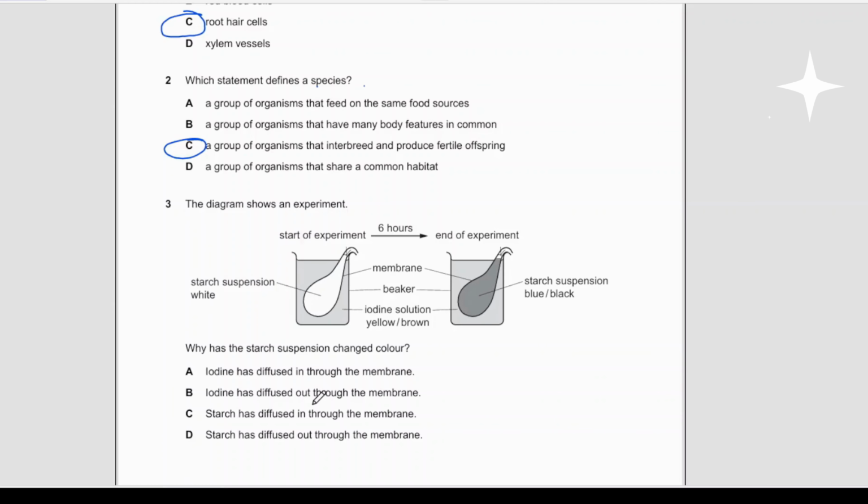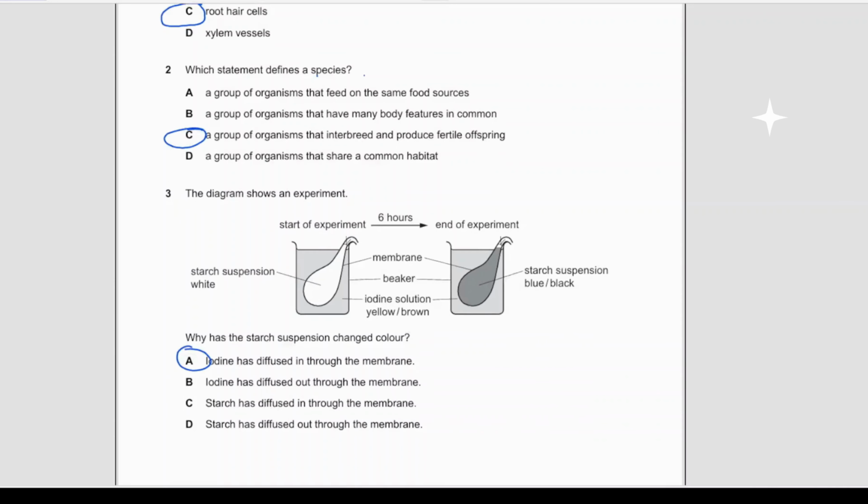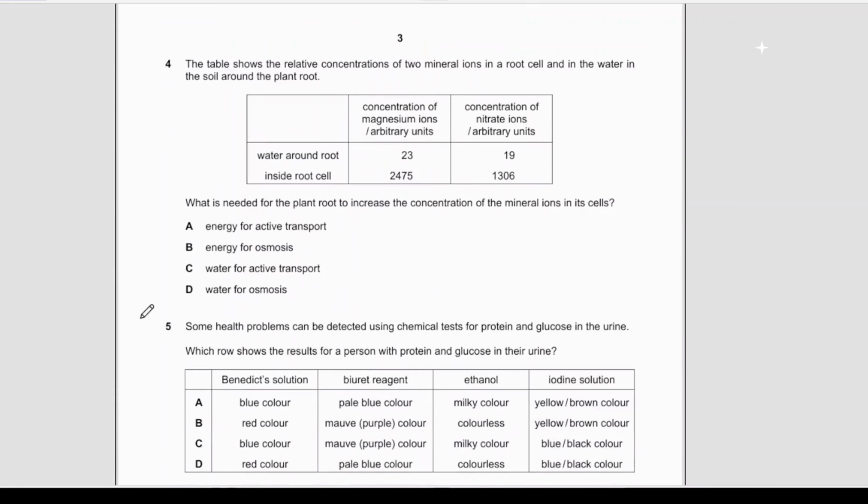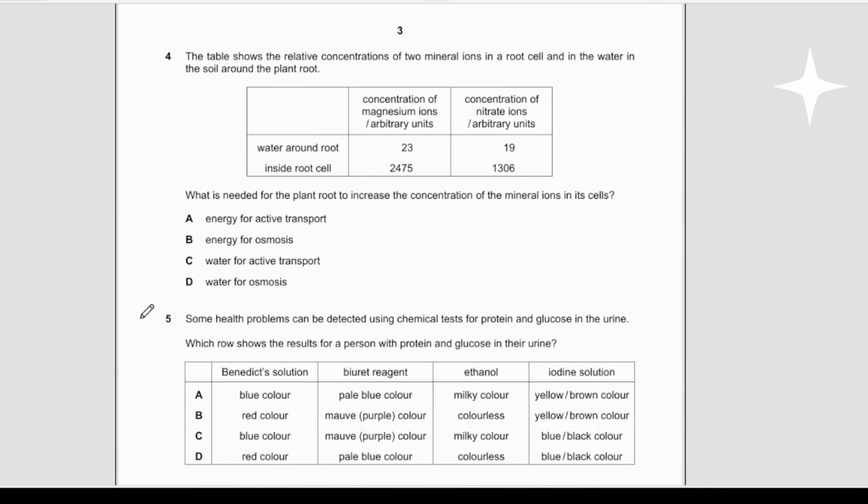Exactly, the iodine diffused in through the membrane. Correct. So the answer is diffused in through the membrane, A. Next one is the fourth one. The table shows the relative concentration of two mineral ions in root cells and in water in the soil